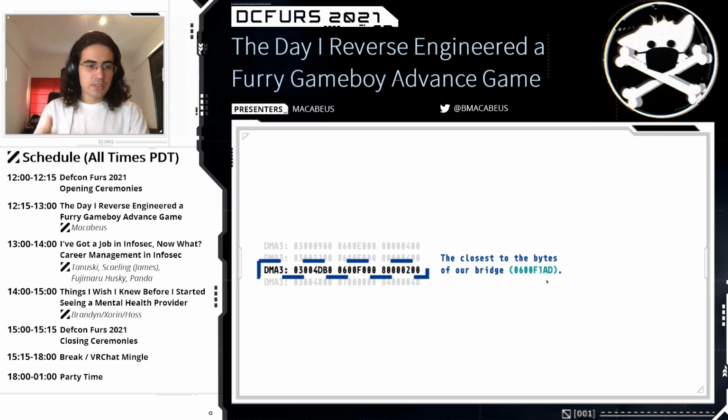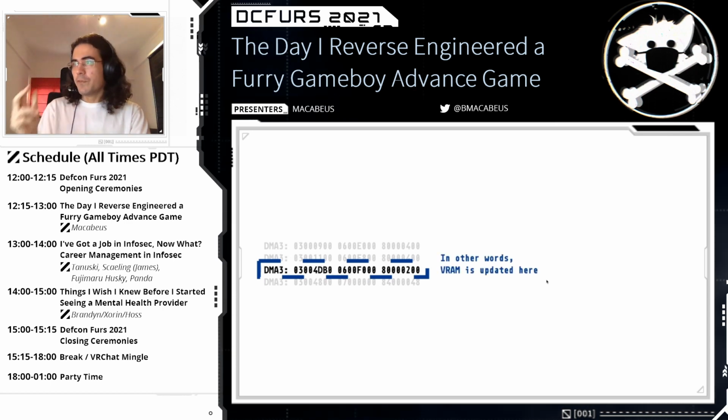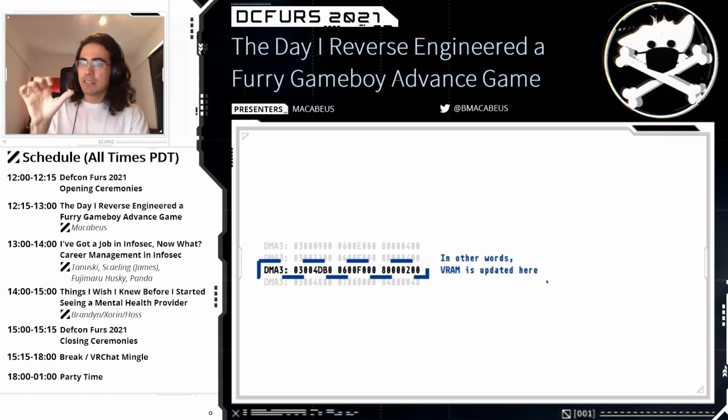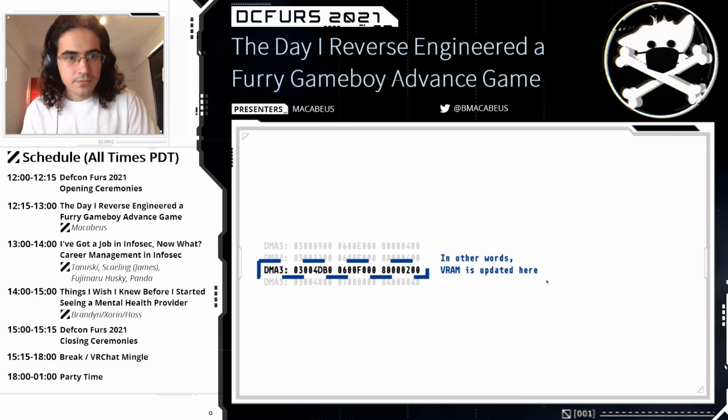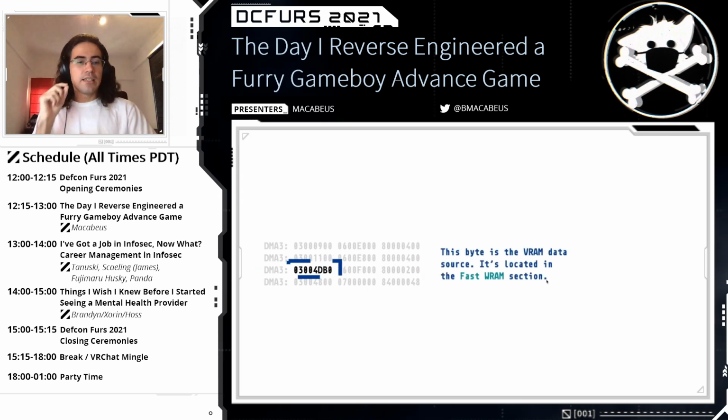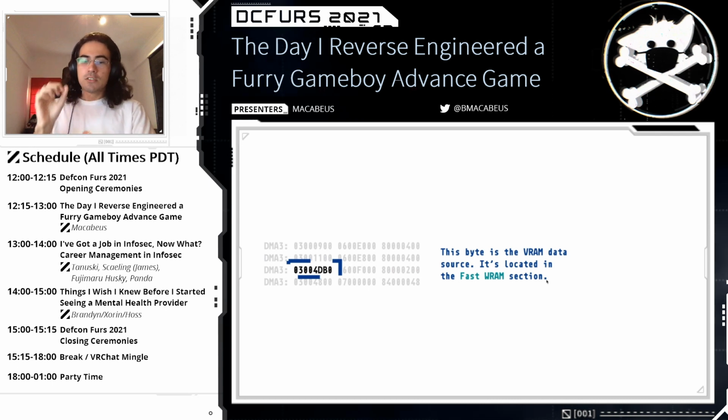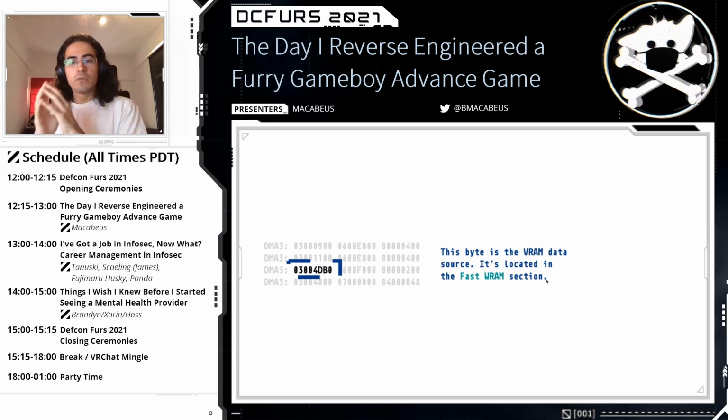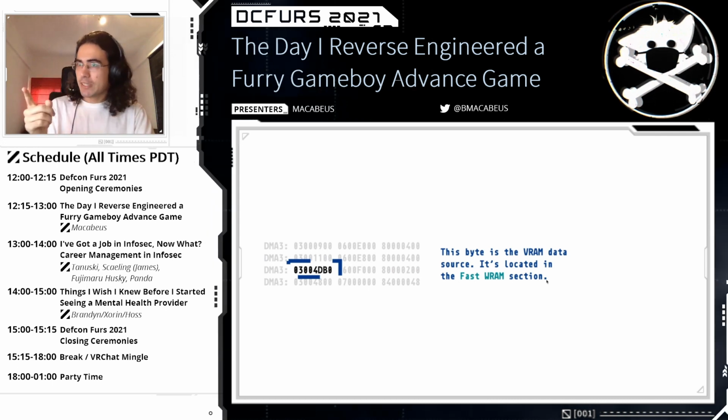And on this copy, on this result, this is closest to the byte of the bridge. In other words, VRAM is updated here by this DMA communication. And this is the address of the VRAM data source. So the GBA replaces the VRAM with the data starting from this byte